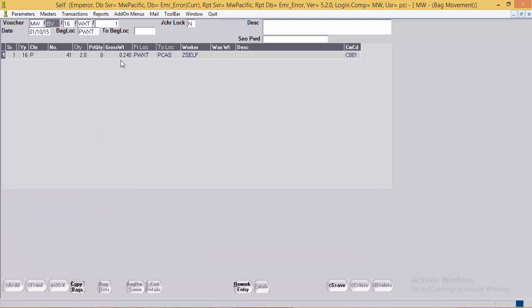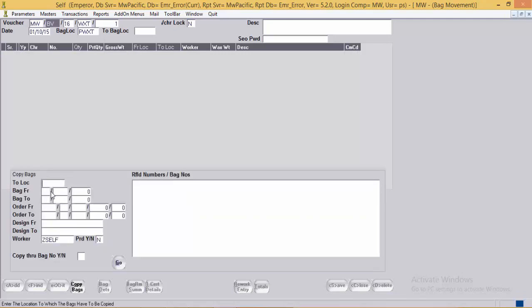For example, instead of manually entering this record, I will use the copy bags option. Say instead of P casting, I want to move this back to P setting. As I know the bag number, I will mention the bag number here.